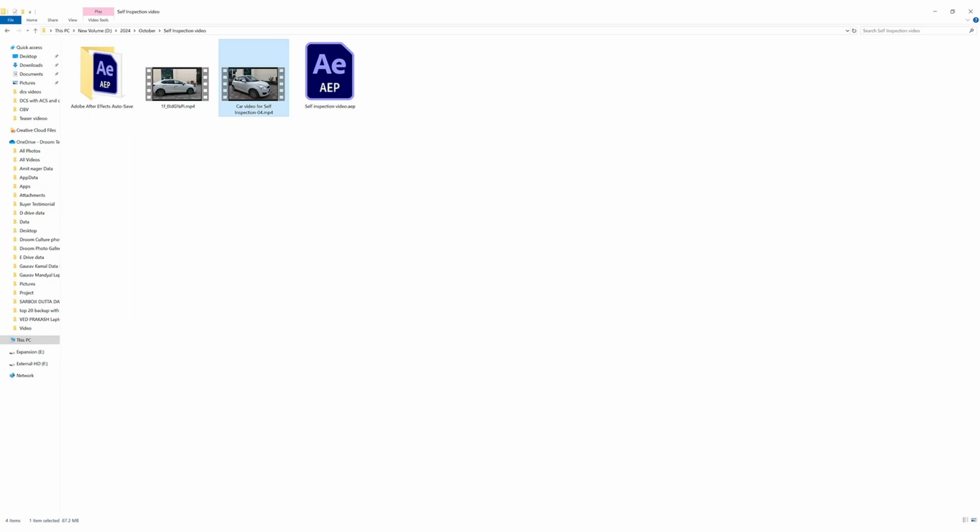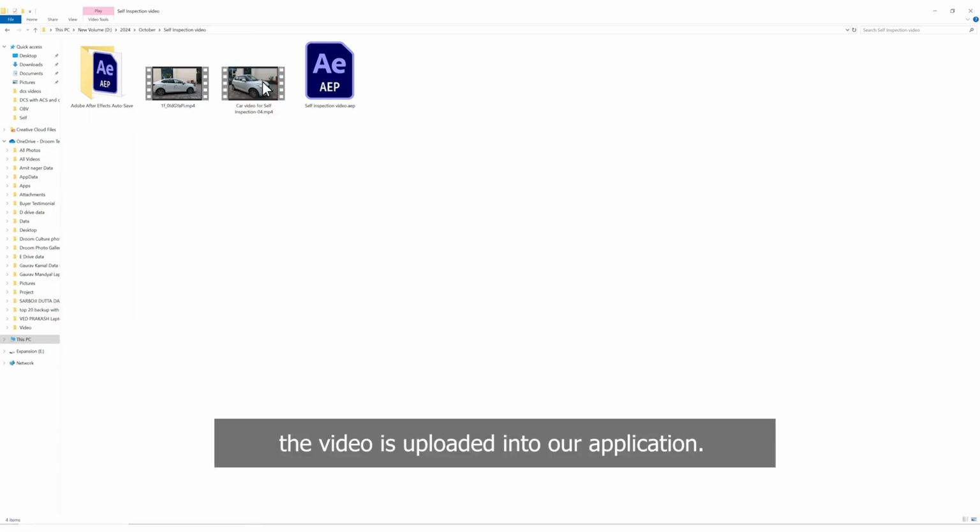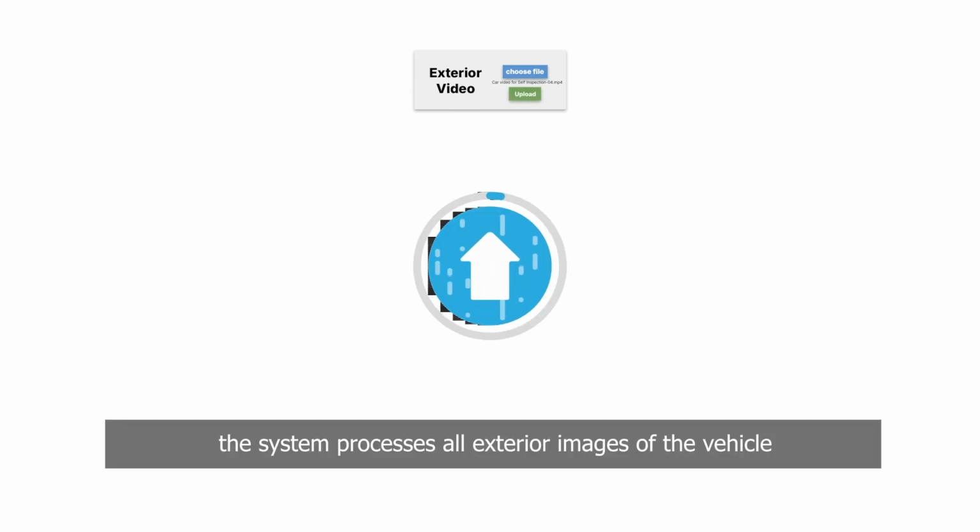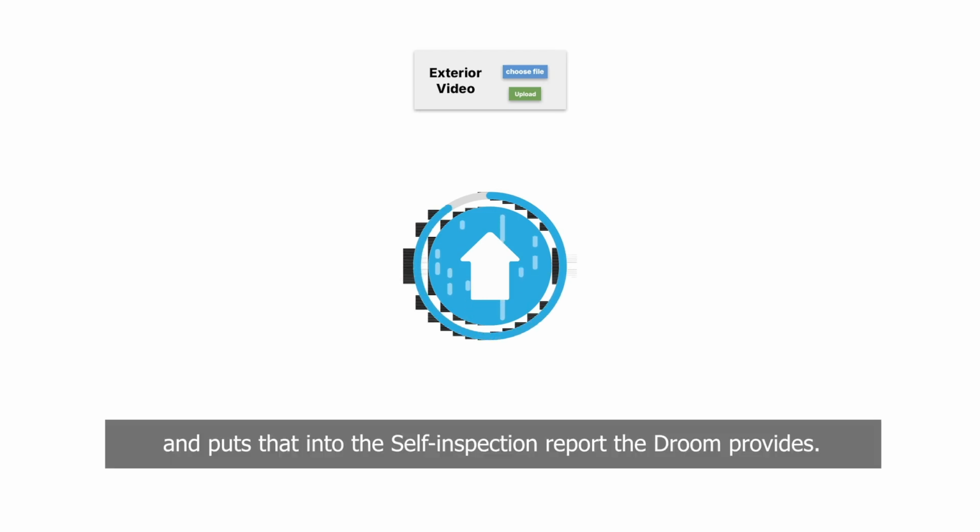Once this is complete, the video is uploaded into our application. This will take a couple of seconds. Once it's uploaded, the system processes all the exterior images of the vehicle and puts that into the self-inspection report